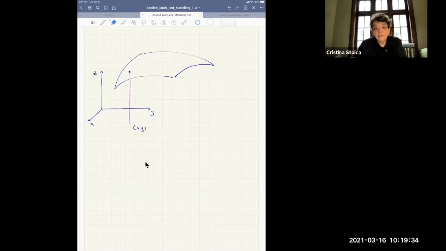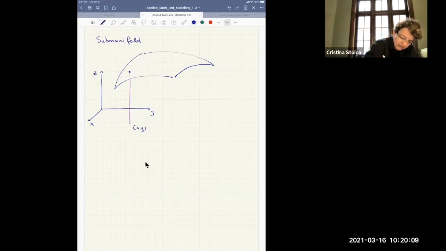Okay, so what's a manifold? I was saying that to me the simplest way to understand this is really like a surface, a smooth surface. So we're talking about nice surfaces, embedded in R3. So when I'm thinking about a submanifold, let's say in R3, it is something that is like a smooth